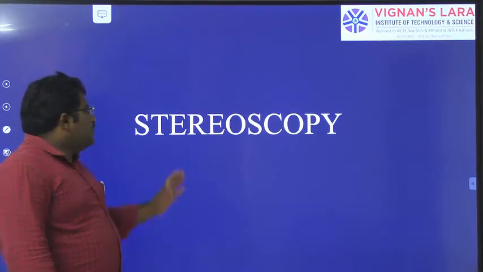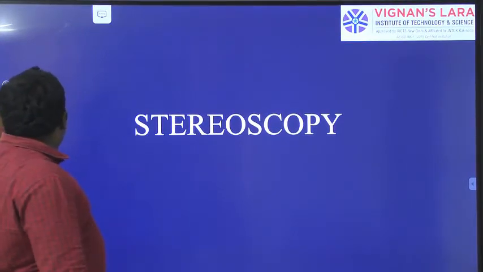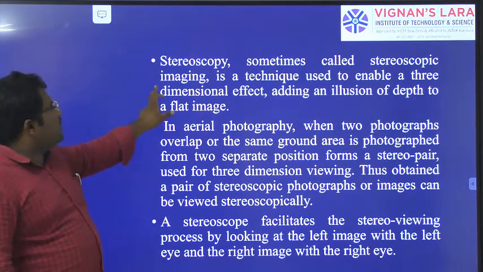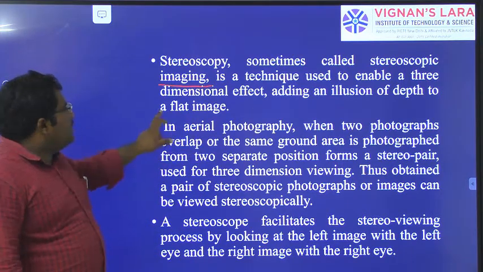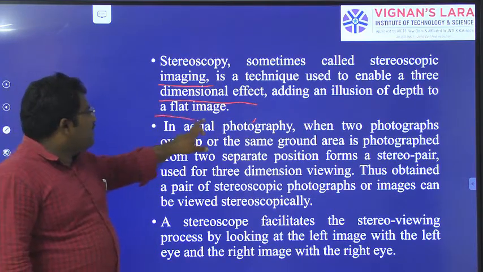Hello students, today we are going to discuss stereoscopy. Let us see what is meant by stereoscopy. Stereoscopy is sometimes called stereoscopic imaging. It is a technique used to enable a three-dimensional effect, adding an illusion of depth to a flat